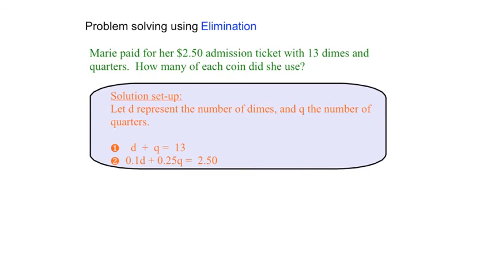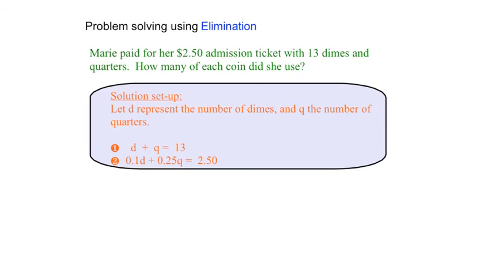And then, since Marie paid $2.50 for her ticket, each dime has a value of 10 cents, so 0.1 times the number of dimes, plus 0.25, because a quarter is worth 25 cents, times the number of quarters. Those two added together have to equal